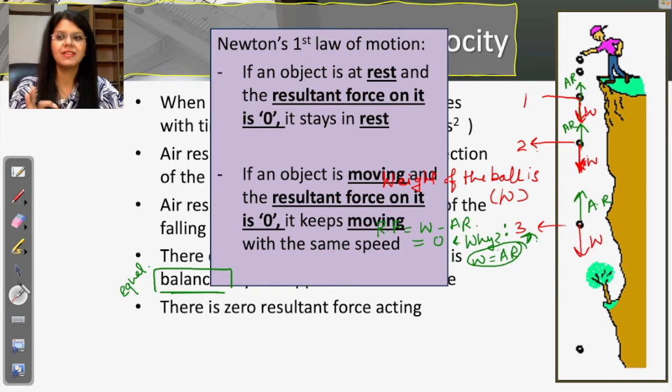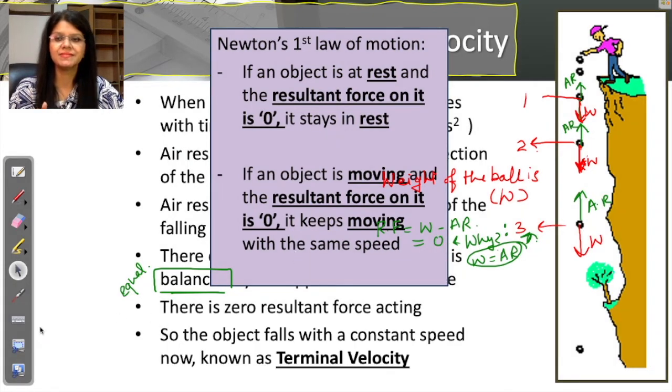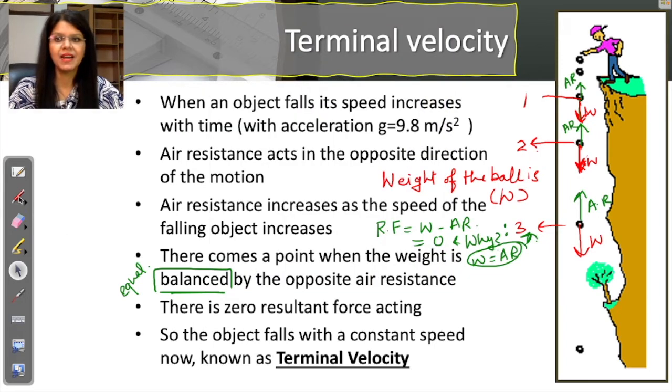So this is what happens here. The resultant force on the object has become 0. So the object now falls with a constant speed thereafter, and this is known as the terminal velocity. So henceforth, after point number 3,